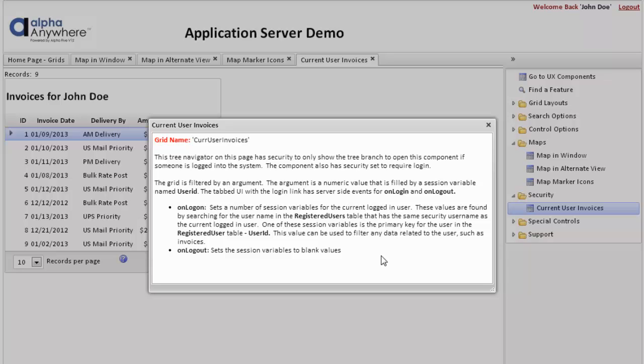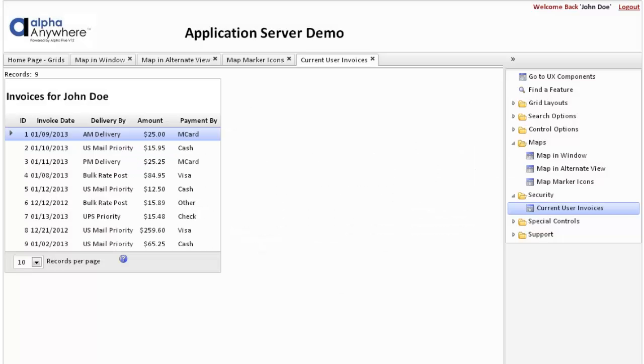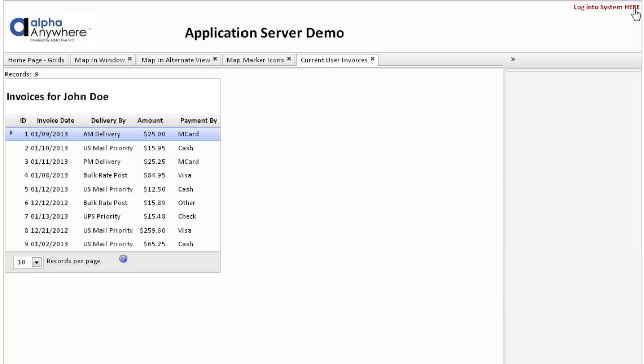When on the tabbed UI component that contains the grids, when we have an on login event, it sets a number of session variables for the current user. And this particular information, such as user ID, can then be used to filter data for that user. And on a logout, we set the session variables to blank values. So we log out,